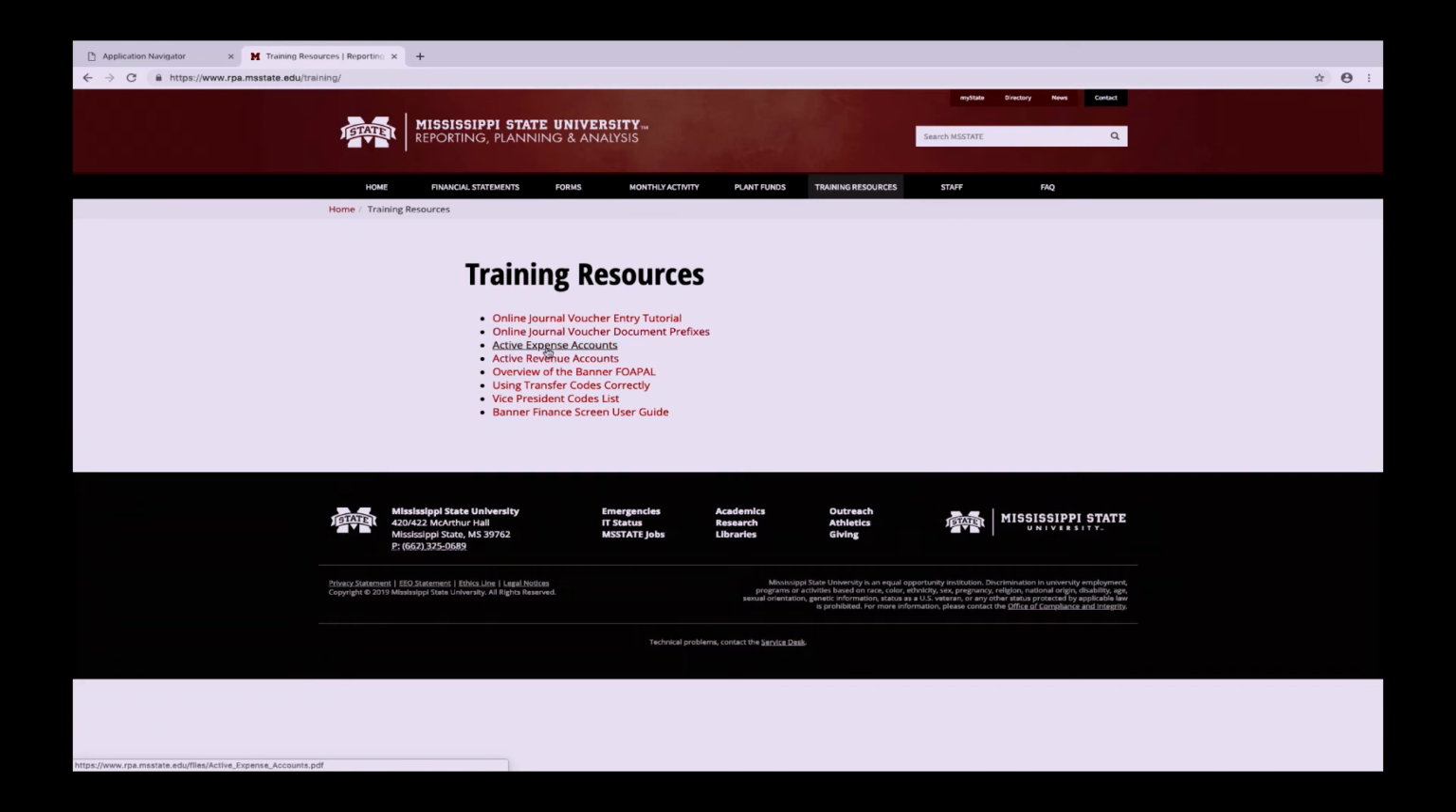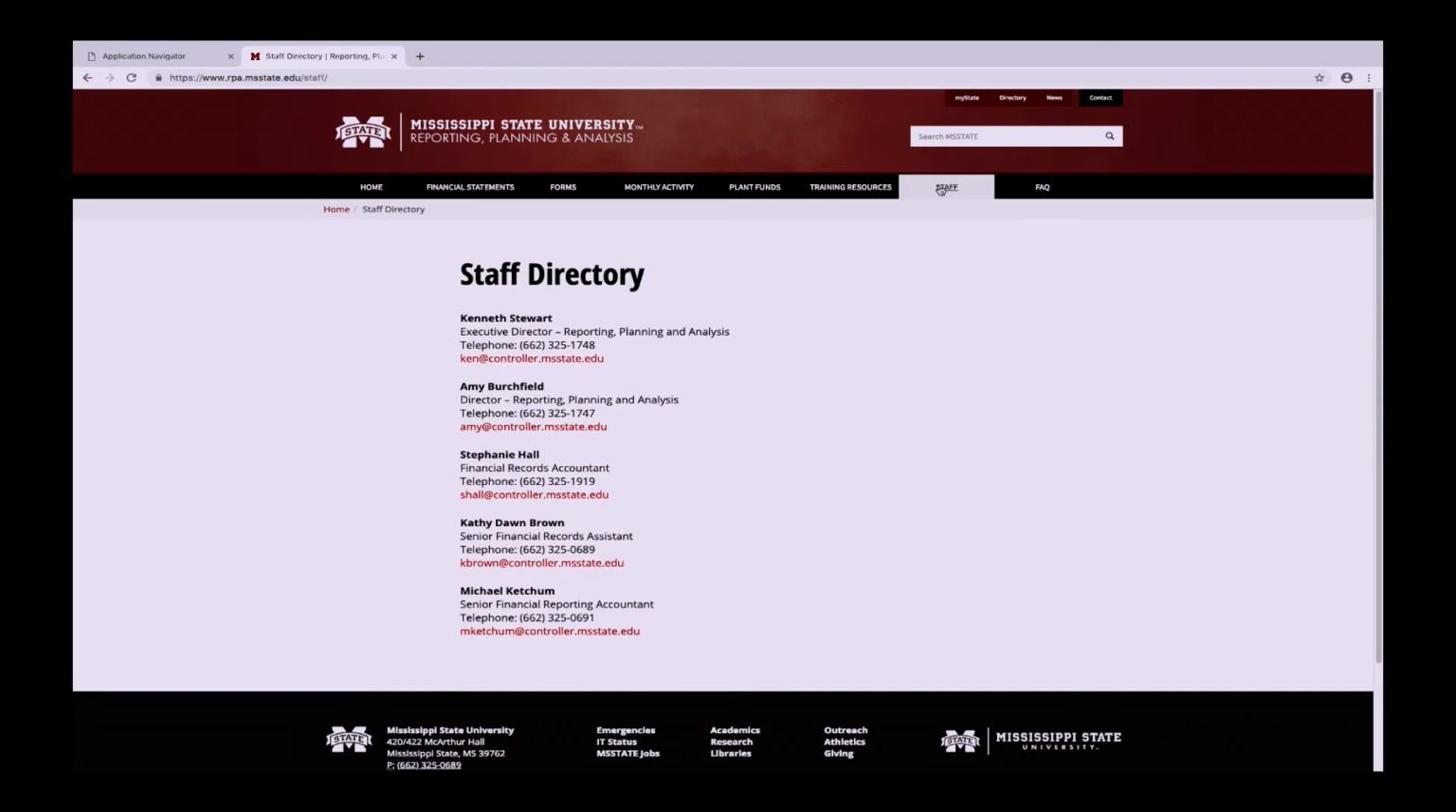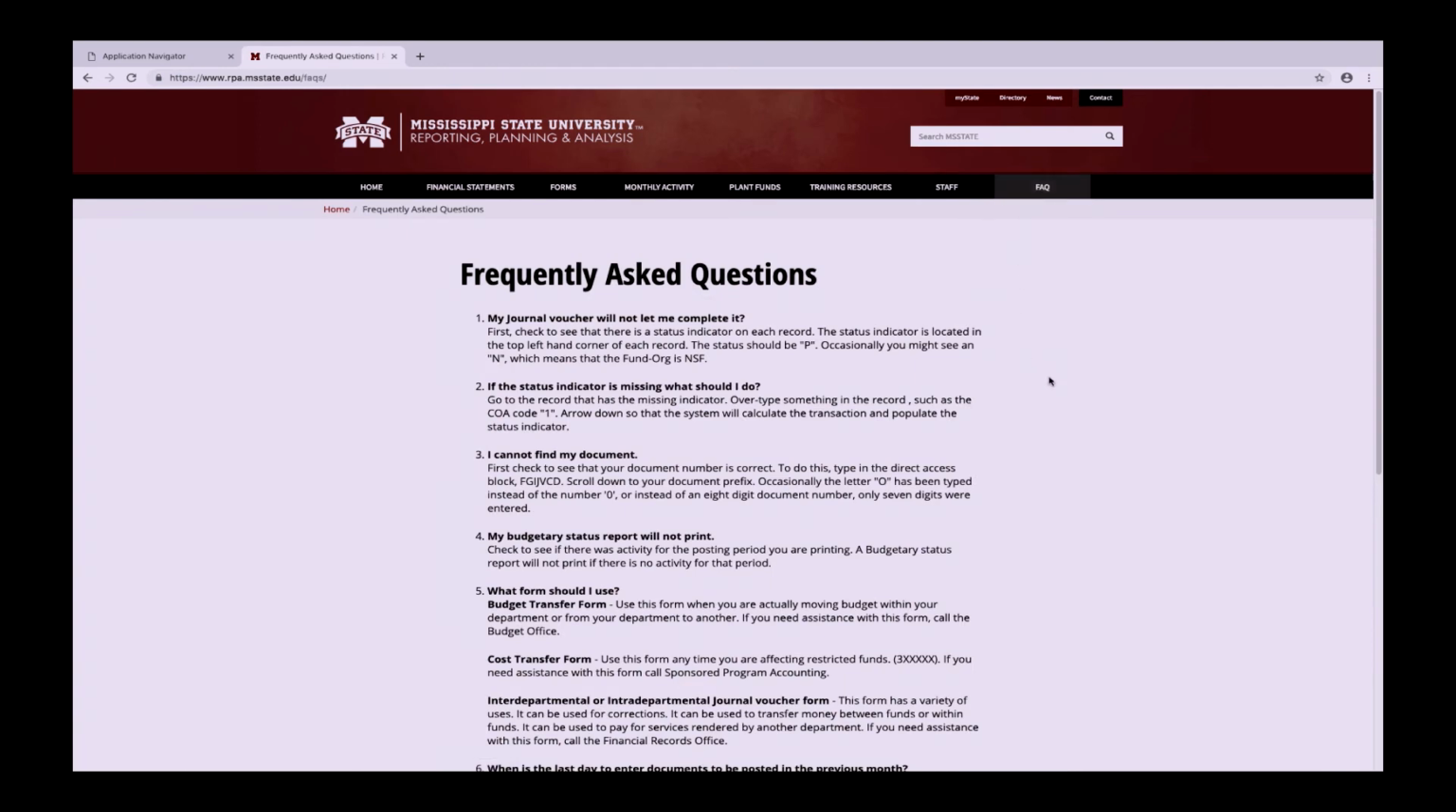We've got a list of all the active revenue and expense accounts. We've got that same overview of the FOPL that I went over earlier. Transfer codes you can look at, and the VP code list, which will give you that breakdown, and then a user guide for Banner. Then next we've got a list of our staff. As you can see here, we've got lists of their phone numbers and email. Feel free to contact any of us if you have any questions. And then last on the website, we've got